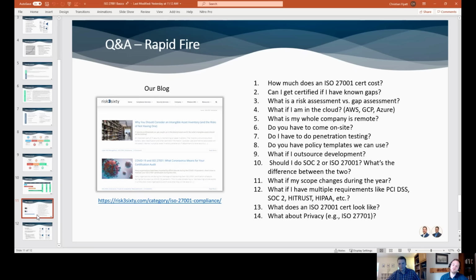And then we'll do this for the last one. What about privacy? Because obviously with GDPR and CCPA, people are looking towards different frameworks. What's the deal there? Yeah, so ISO 27001 is really the fundamental building block for the 27701 framework that ISO just released this year. It's a tack-on to 27001, because really you need that management system in place and those reasonable safeguards in place from ISO 27001, and then from that you can build on top of it the 27701 framework, which is all very specifically focused on privacy.